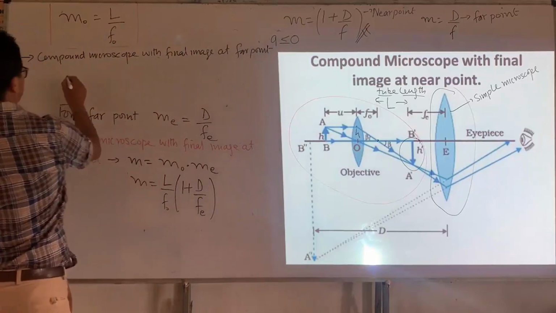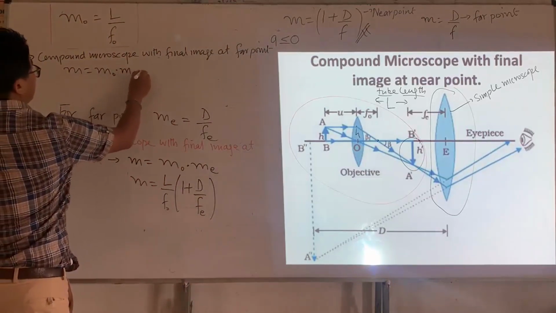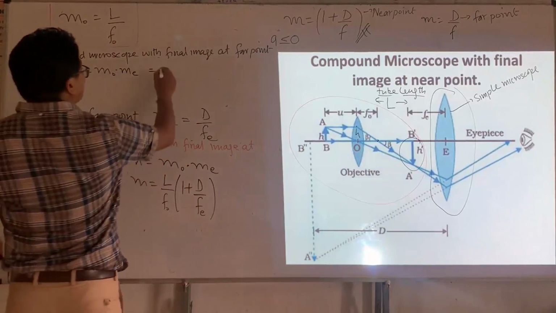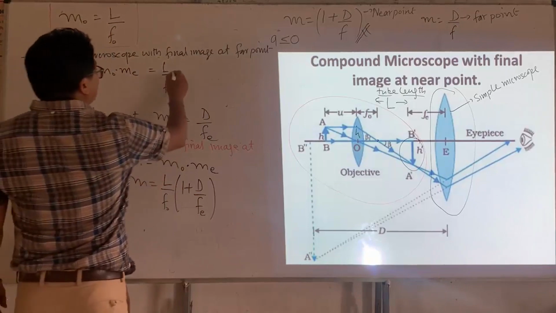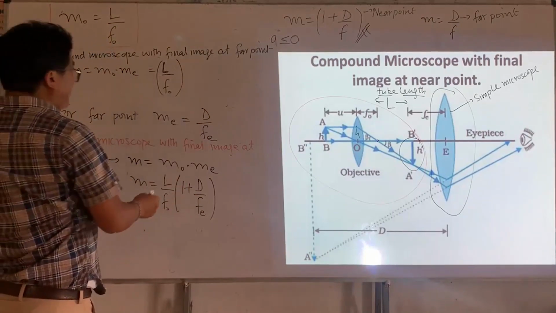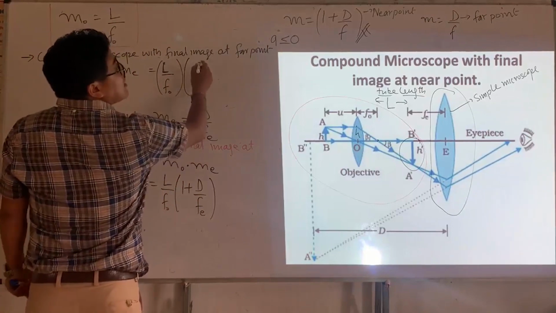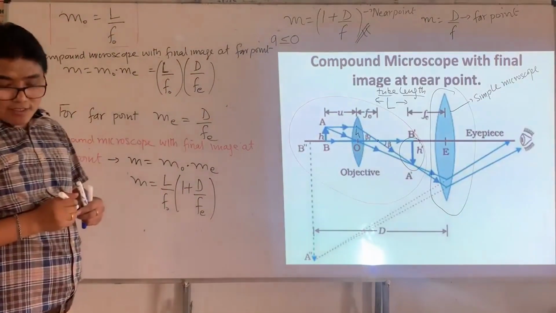This would again be M equal to M naught multiplied by ME. M naught remains the same, that is equal to L divided by F naught. And what about ME? ME is going to be G divided by Fe. So this is the